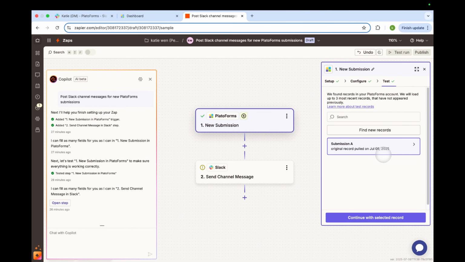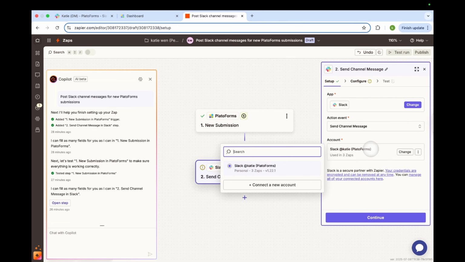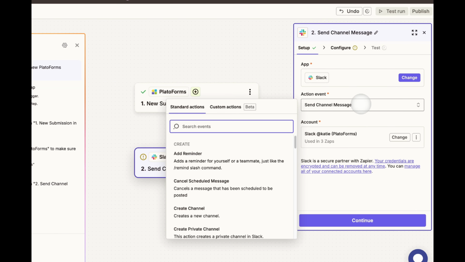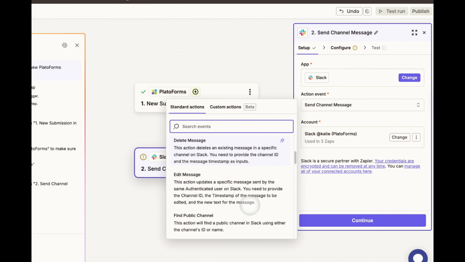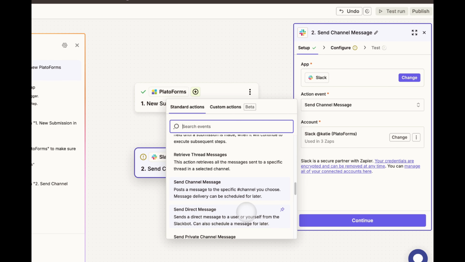Great! Now that the PlatoForms part is done, let's move on to the Slack side. First, the same: connect your Slack account. Then choose whether you want to send a channel message or a direct message. And of course, there are plenty of other actions you can choose from as well. In this case, I will choose Send Direct Message